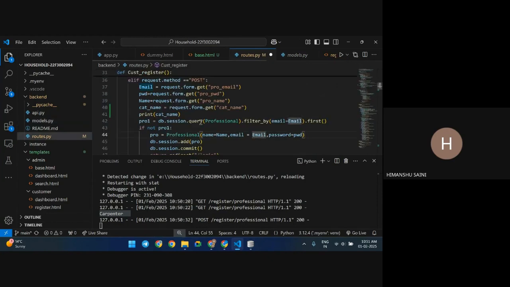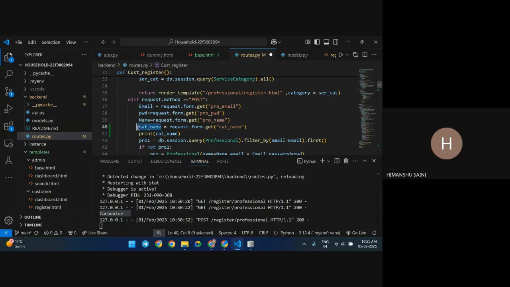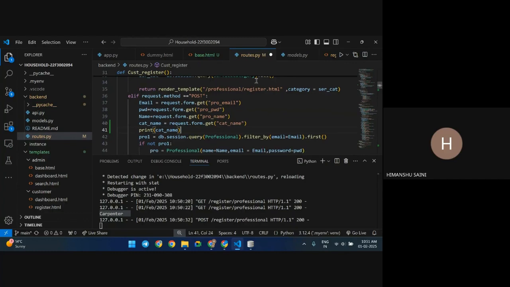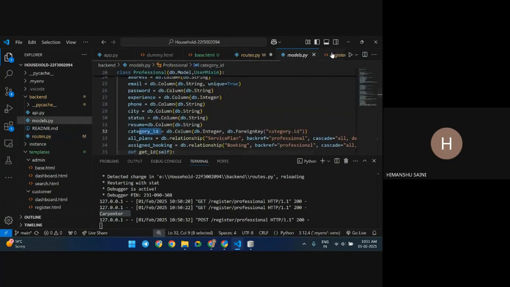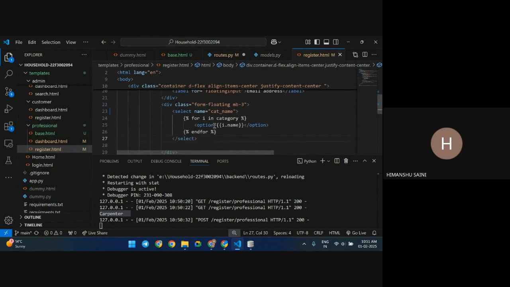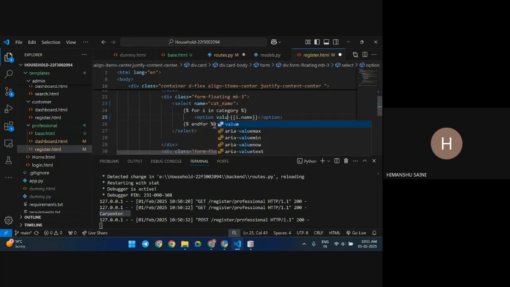So we are retrieving the name from the form, right? For which category he is registering. So instead of name, we require the ID. Instead of sending the name here, I can specify this option value. This is an HTML attribute, value. It says what the value is when the user clicks on this option. If he clicks on carpenter, by default it will go whatever the name is, right? But if I say that it should be ID,